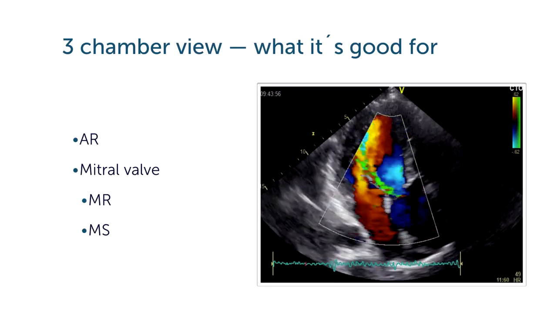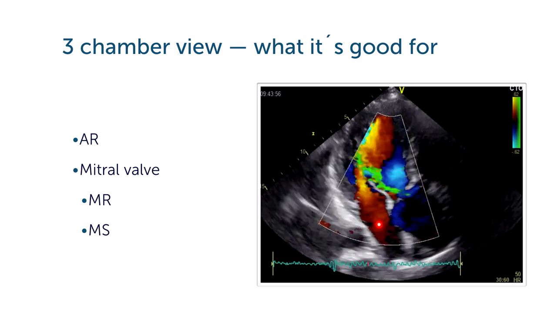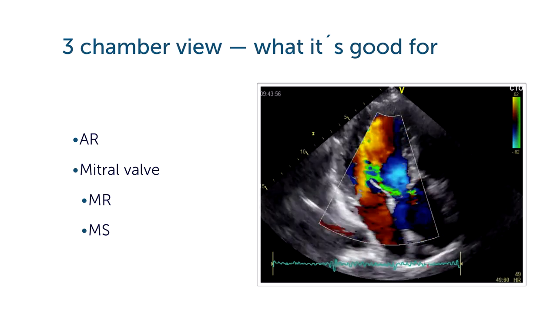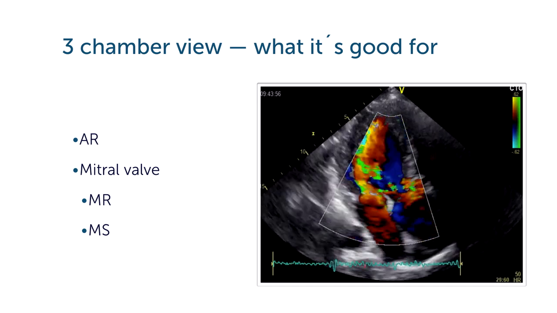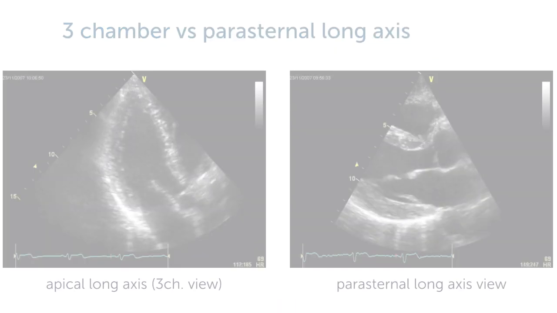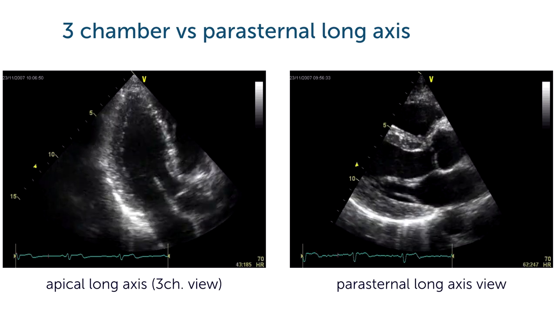Here's now an example with color Doppler. Here you will see aortic regurgitation. In this case, also a little bit of mitral regurgitation. So you will be able to look at the function of the valve, both with respect to whether or not they're stenotic or incompetent. You've probably noticed that the apical long axis view is very similar actually to the peristernal